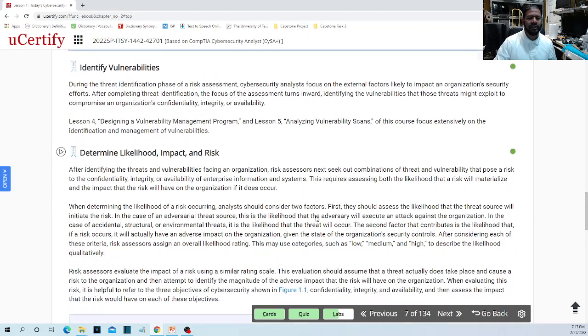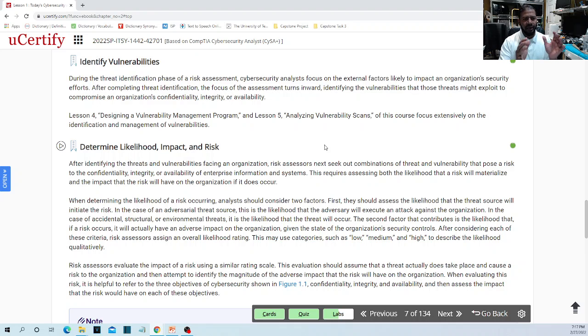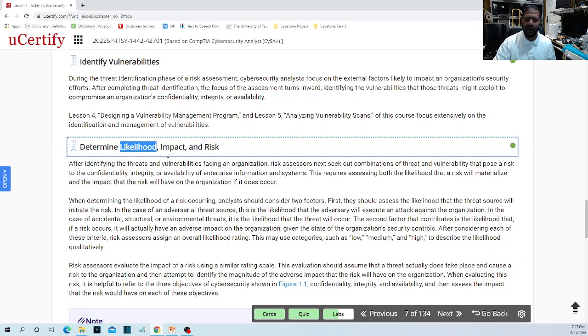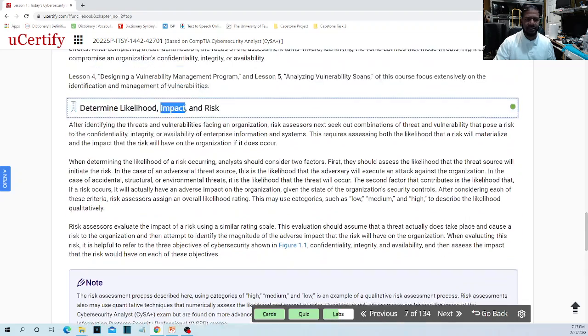You identify the vulnerabilities. Okay, and then at the end, once you identify threats and vulnerabilities, you find out now the risk, whether you have that risk or not. Once you list how many risks you have, risk number one this, risk number two this, you have 10 different kinds of risk, then you analyze the likelihood of that risk to happen, how likely that risk is going to happen, and what is the impact in case that risk actualizes, in case that risk actually takes place. You will do that. So impact and likelihood.